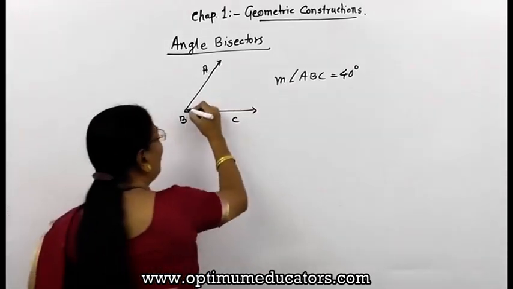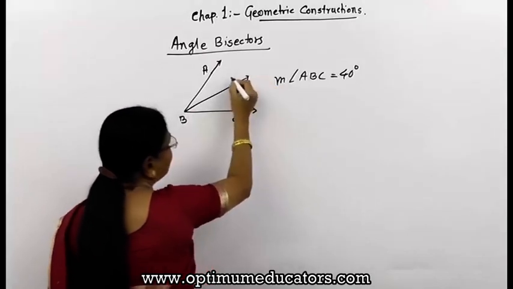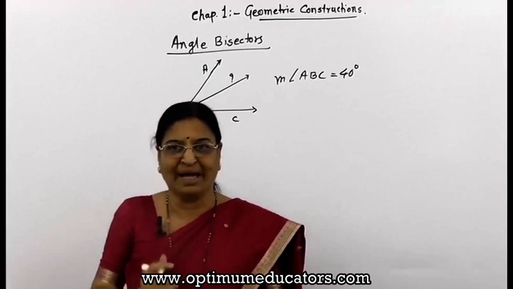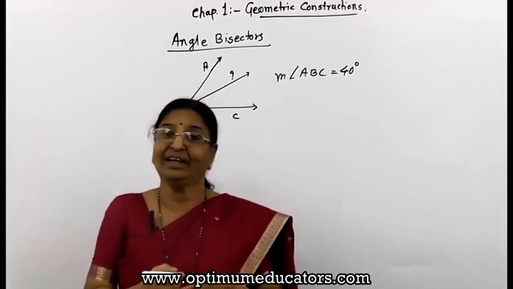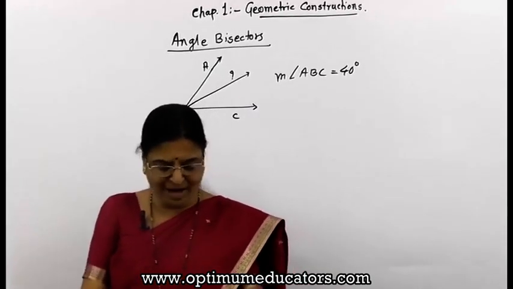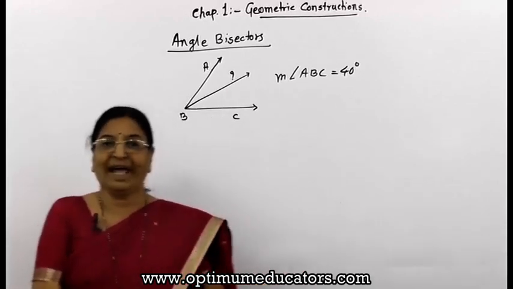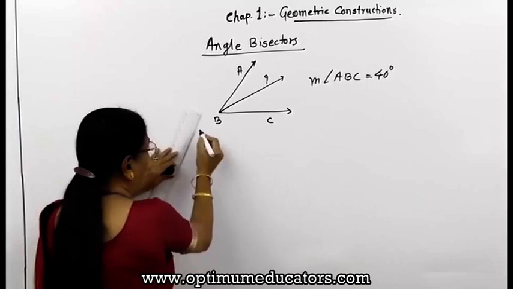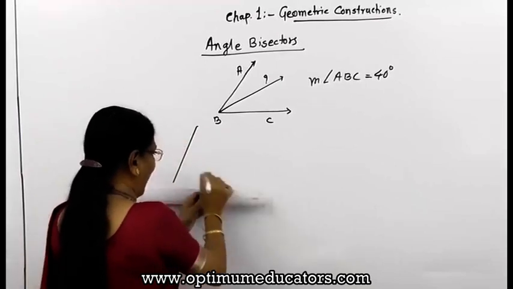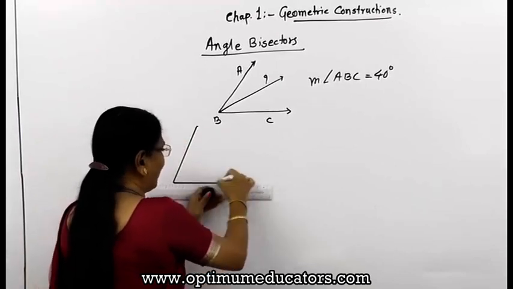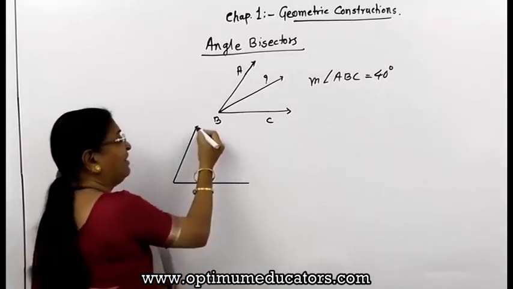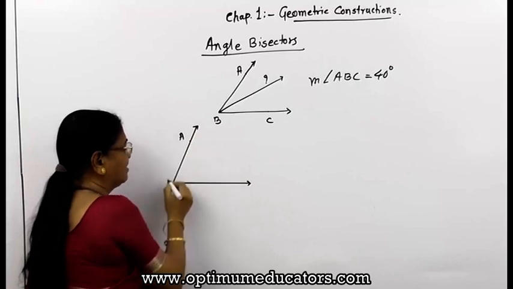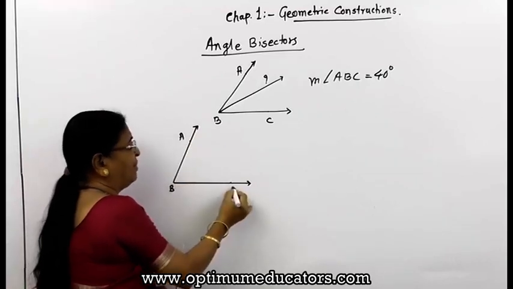Okay, so you know how to draw this. Our problem is how to draw the angle bisector, and you have learned it in 6th standard, so I will go fast. Now we will draw the angle bisector. For that I will draw one angle. First we will try for the acute angle and then we will go for the obtuse angle also. This is our angle ABC.